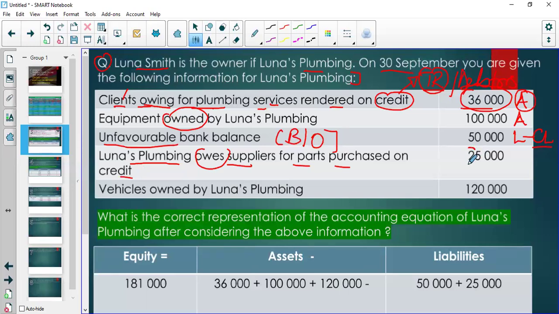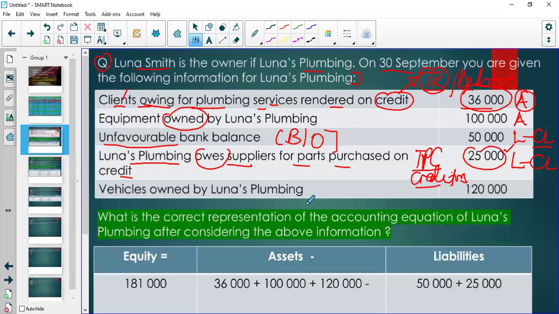So we owe 25,000. So that is a liability, which is a current liability. Because we owe suppliers, that's going to be trade payables control, right? Or creditors control, that's the same thing. Or accounts payable. We normally use the terms trade payables control or creditors control, and we identify this as a